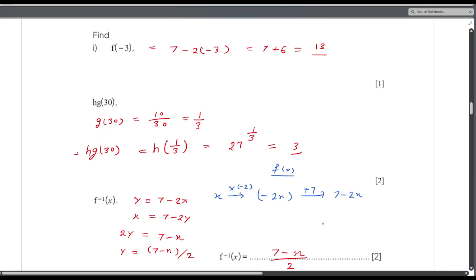So in our f inverse function, if I take x as my input, then as here we are adding 7, we will first subtract 7. So it becomes x minus 7. Then here we multiplied by minus 2, so we will divide by minus 2, and therefore it will be x minus 7